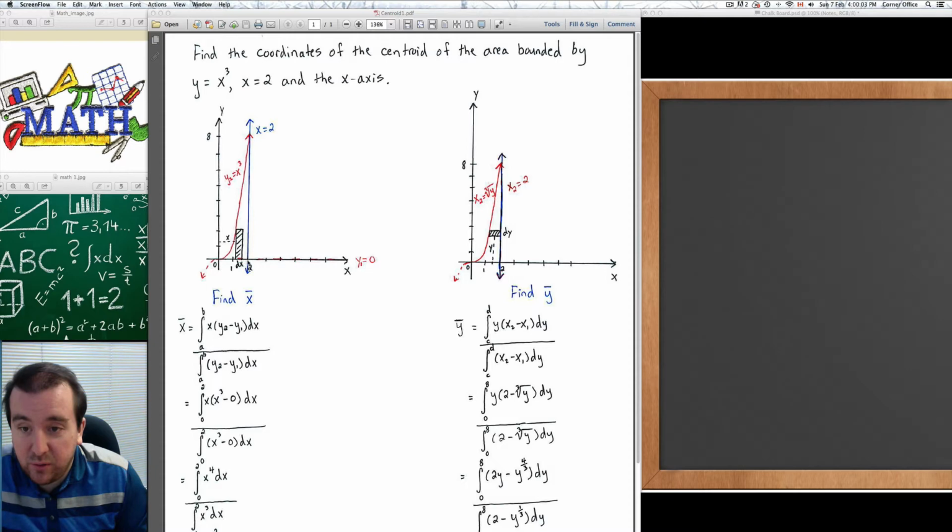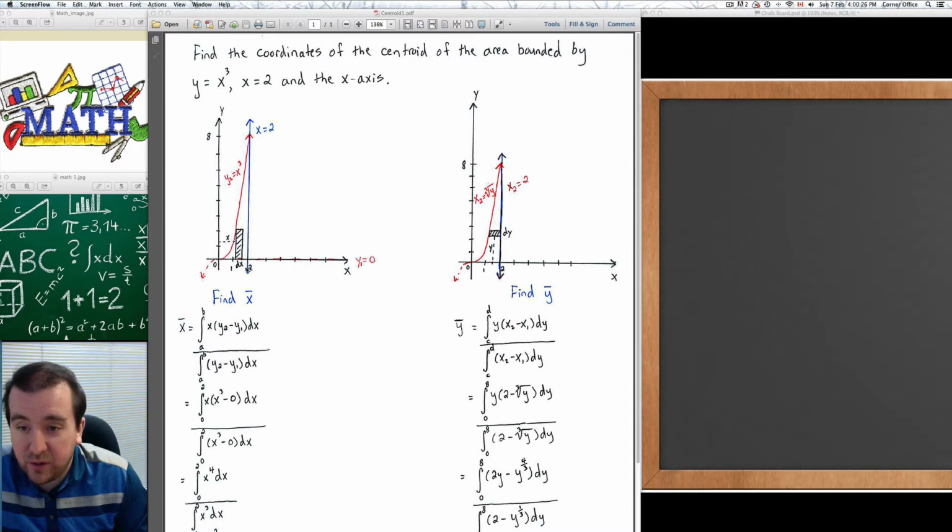We're going to x equals 2. We're integrating with this vertical element here, of x times y2 minus y1. Now that is the top function, which is y2 equals x3, and the bottom function, remember, is y1 equals 0